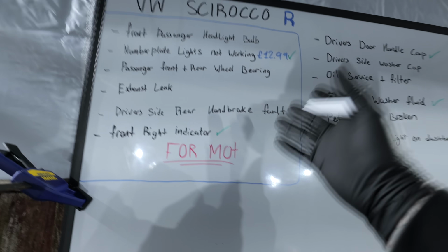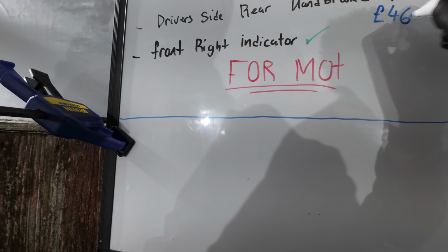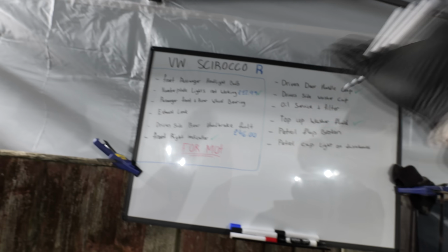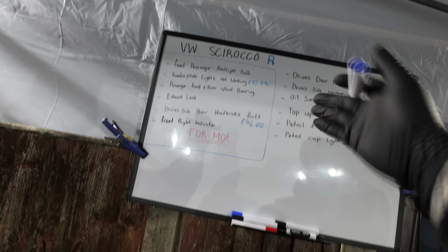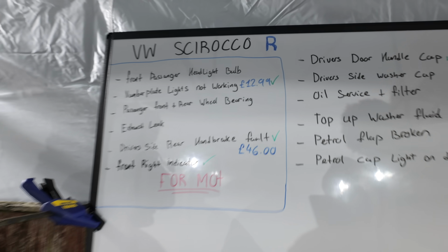And now we can add how much that caliper actually costs to the board, which was £46 in total. And of course I gave my old caliper in exchange. But the best part is we can now tick that off the list. And now we can move on to the next job,